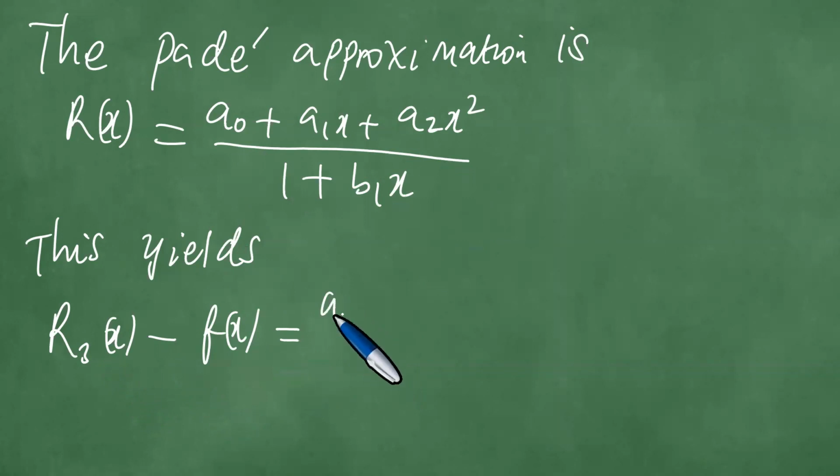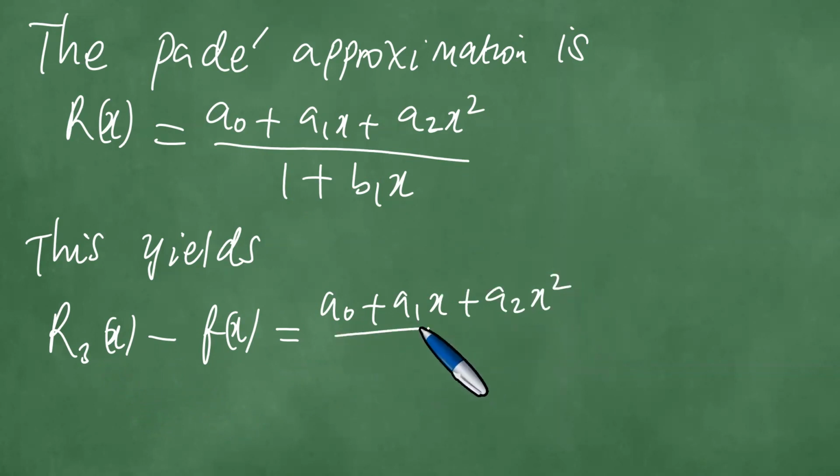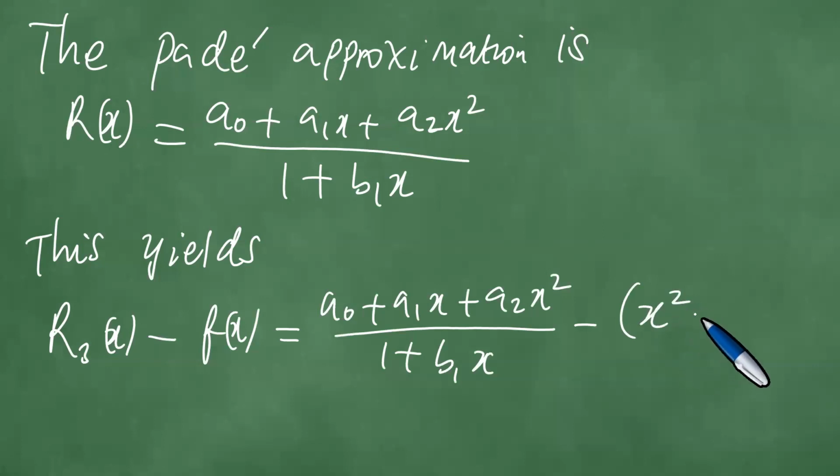R3 is exactly this, which is a0 plus a1x plus a2x squared divided by 1 plus b1x, minus the f of x, which is given in the question as x squared plus x cubed, like so, which simplifies to